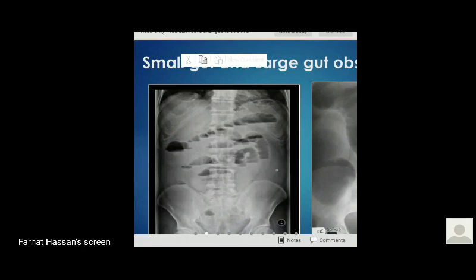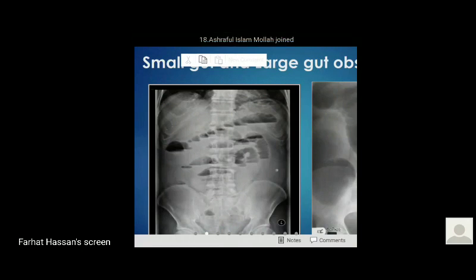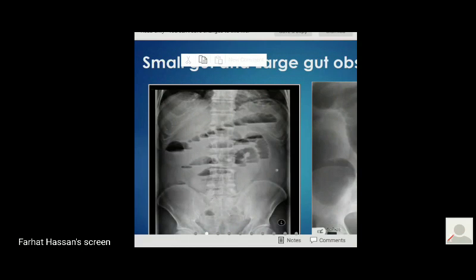In the wall, there may be stricture, either stricture due to tuberculosis or inflammatory bowel disease like ulcerative colitis, Crohn's stricture, and malignancy. And other things outside the wall, band and adhesion, hernia.